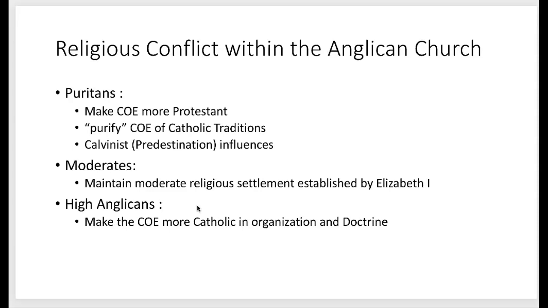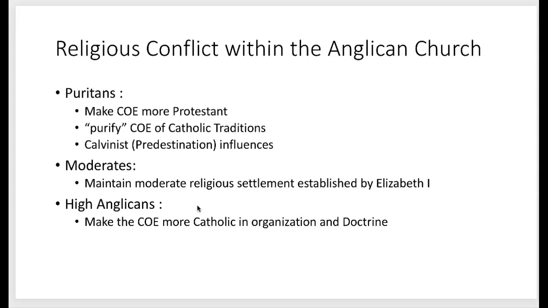Anglican church, but of course there are those who are resistant to the new Anglican church because it really left them open to persecution. During the 1580s and 90s, Catholic priests and those who harbored them were executed for treason, and likewise radical Protestants were executed for heresy. So those who are on the outside of